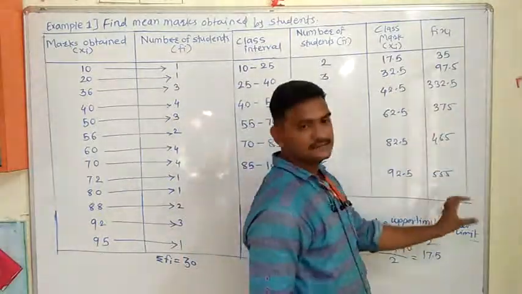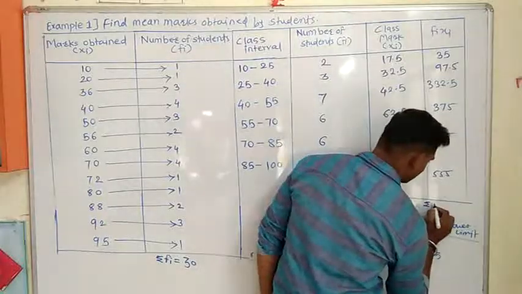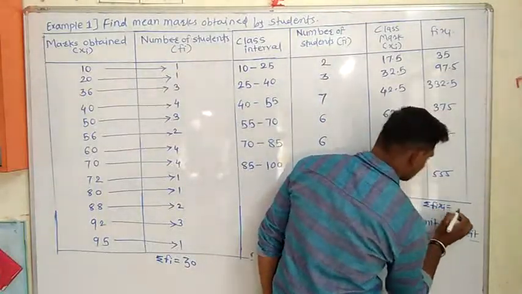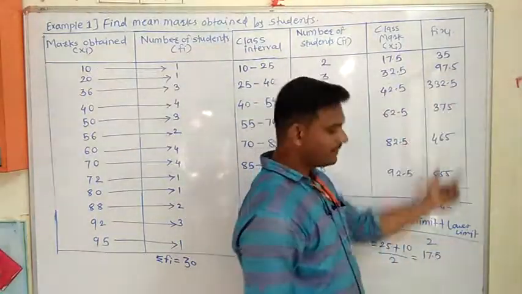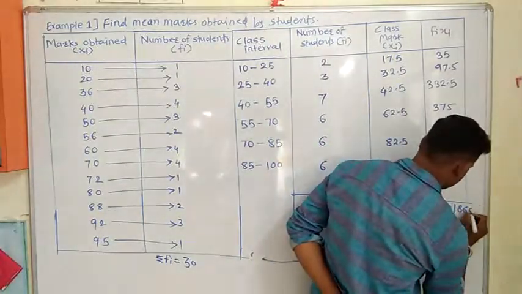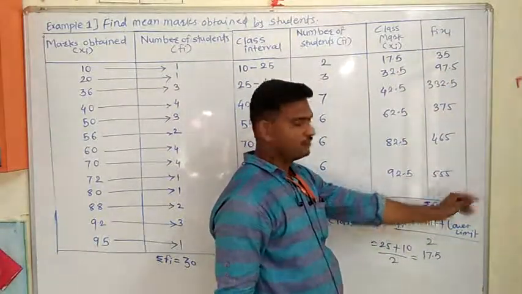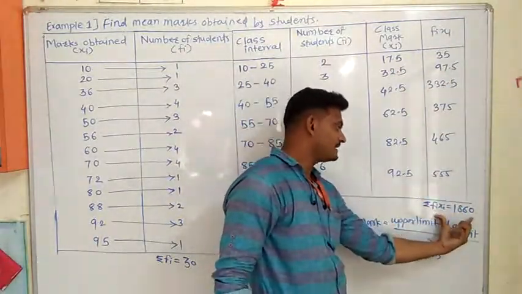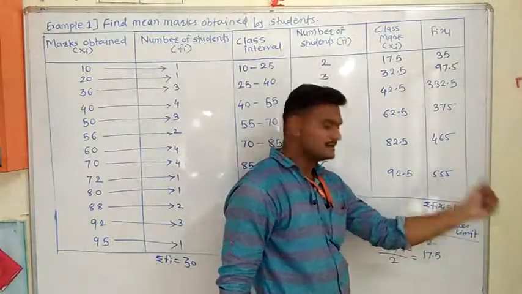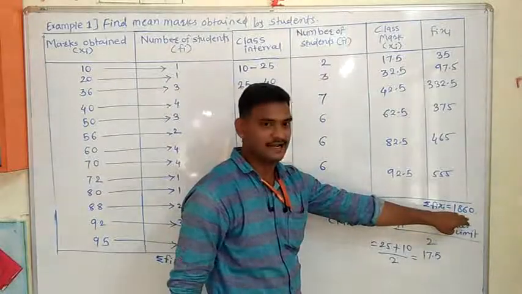Now we have to add all these Fi into xi. Therefore, the summation of Fi into xi is equal to the sum of all these numbers, which is 1860. Now, once we have the summation of Fi into xi,